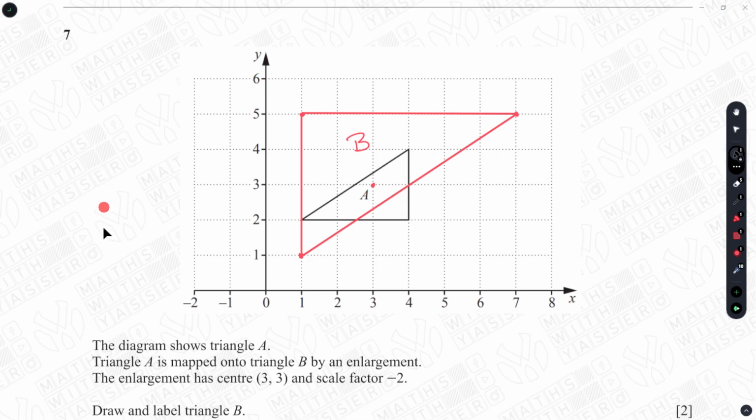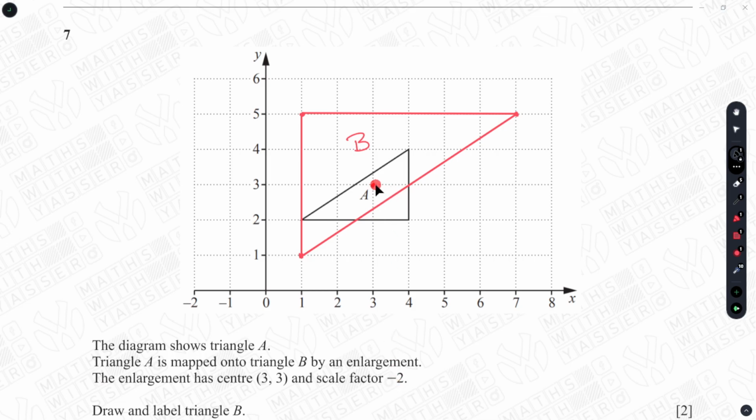Question number 7. The diagram shows a triangle A. The triangle A is mapped onto triangle B by an enlargement. The enlargement has center (3, 3) and scale factor -2. We need to draw and label triangle B. So first we need to find the center, which is (3, 3), and that is over here. And since the scale factor is -2, we need to multiply it with the distances that we get from the